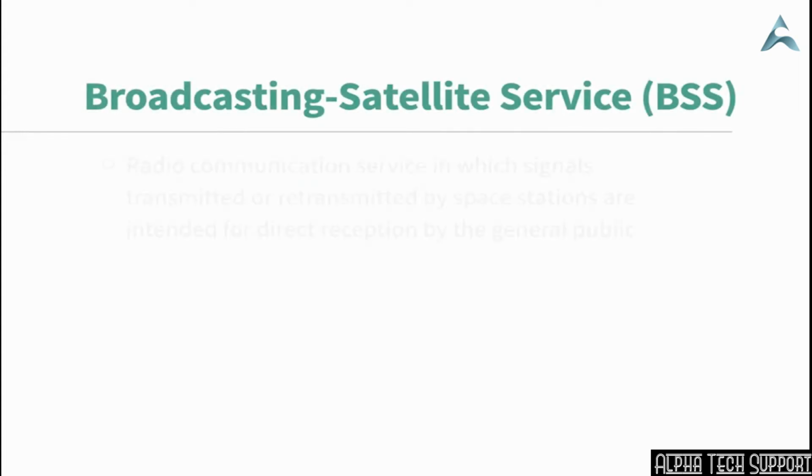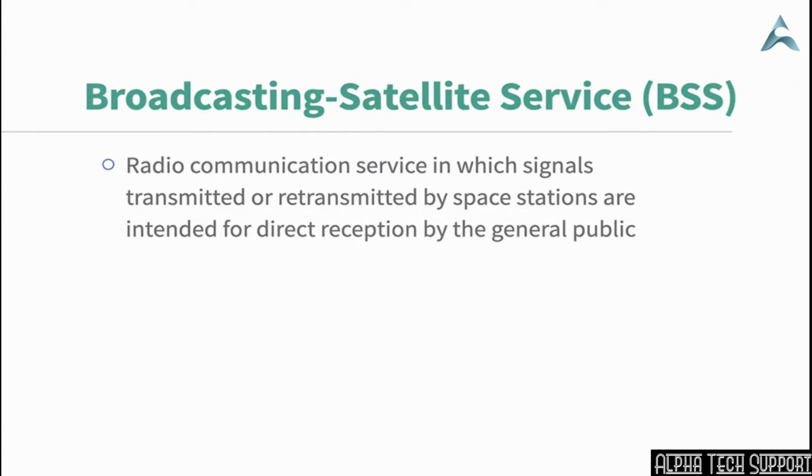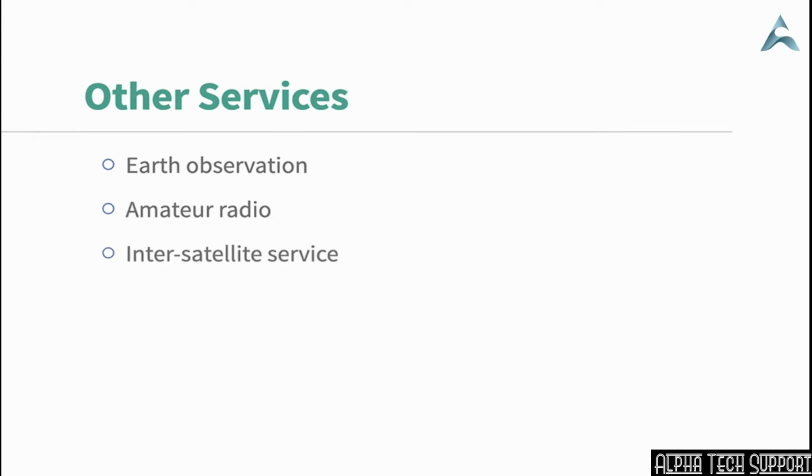The BSS is a radio communications service where satellites transmit or retransmit signals intended for direct reception by the public, including an individual or a community. BSS has been used for radio and TV broadcasting. Other satellite services include Earth observation, space operations of spacecraft, and amateur radio satellite service. And there are inter-satellite services for communications between satellites in the same or different orbits. These satellite services need to fit various network applications, ranging from messaging, telephony, audio or video streaming, to distributing information